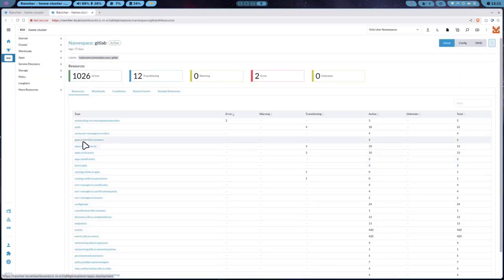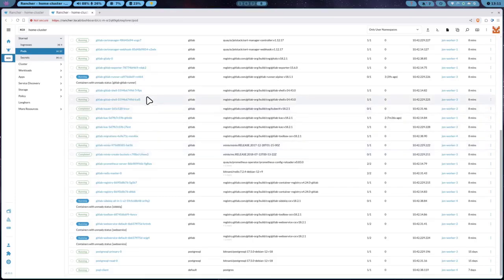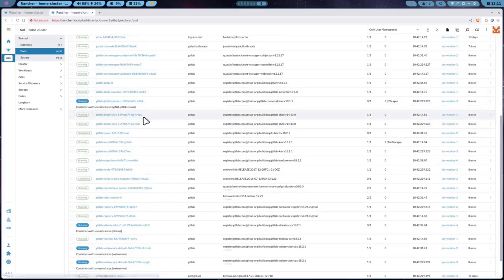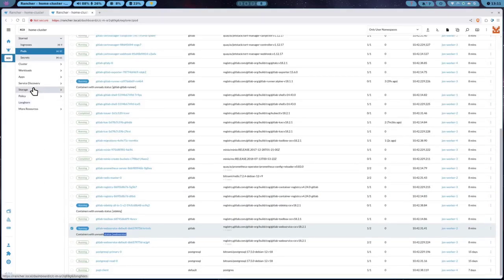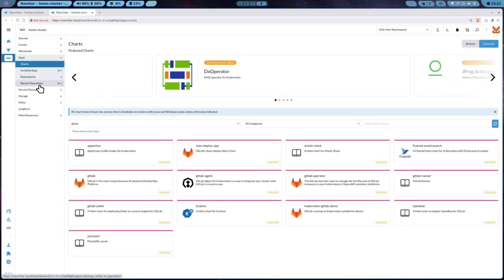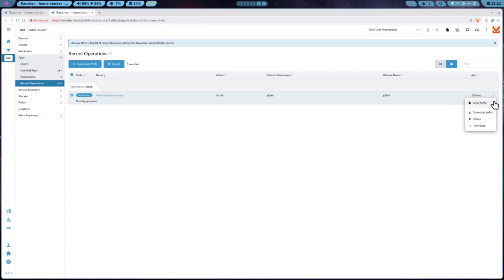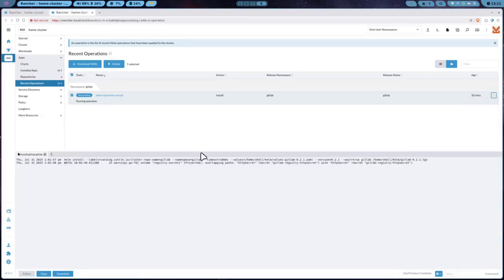And then if we go back to pods, you can see these pods are all actually wrapping up now that those migrations have finished. You can see the dependencies are done, but these are going to keep waiting until the web services finish. And then once these are finished, then we should be good, and that whole application should actually be installed. So if I go back to apps, recent operations, hit this one, view logs,